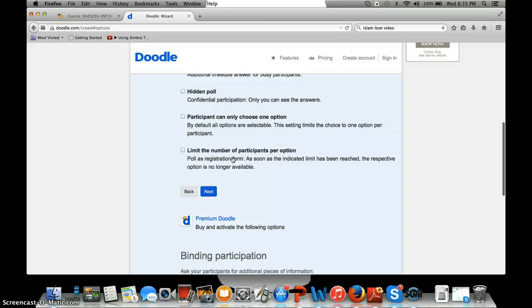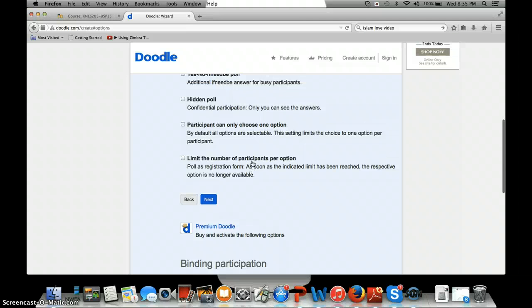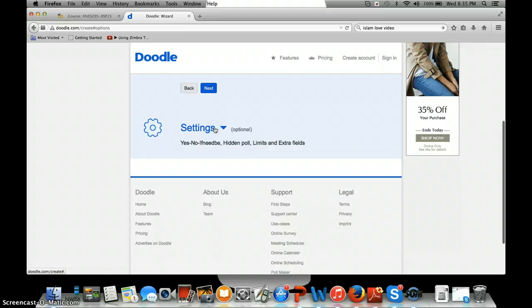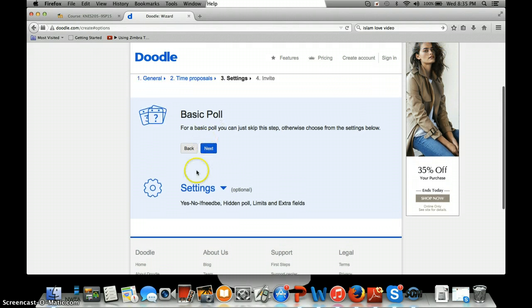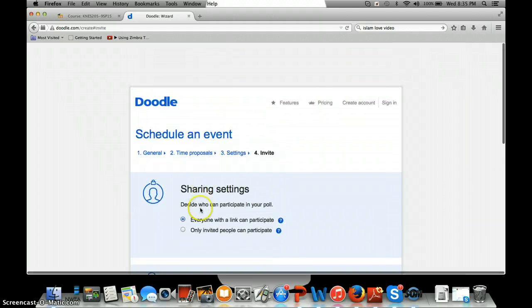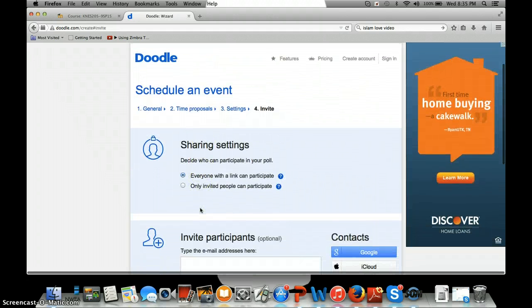And then the number of participants per option, basically once it's full for a certain amount of people that you set, it'll cut off and nobody else is able to sign up for that time. So basically, if you're doing something where you want to meet one-on-one with people, if they want to choose times. But I'll just go ahead and select the basic poll, and from there you can select your sharing